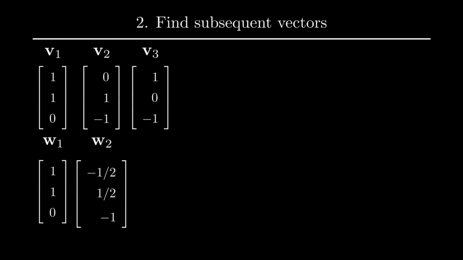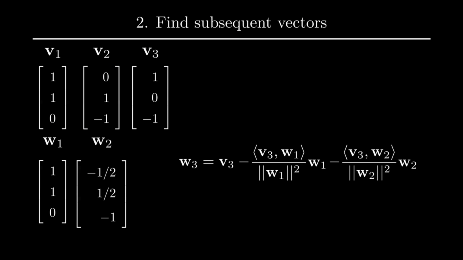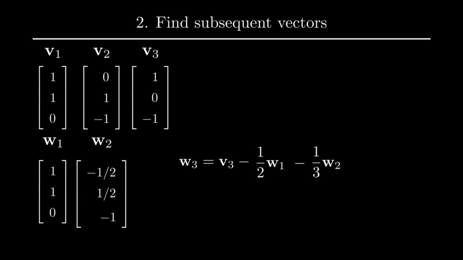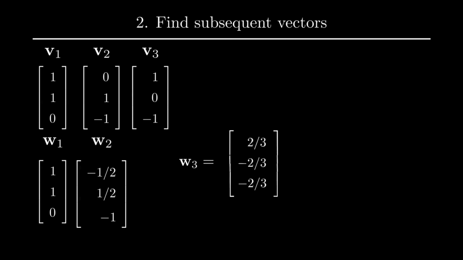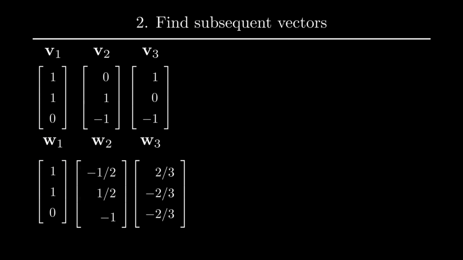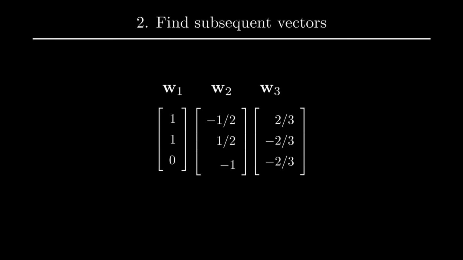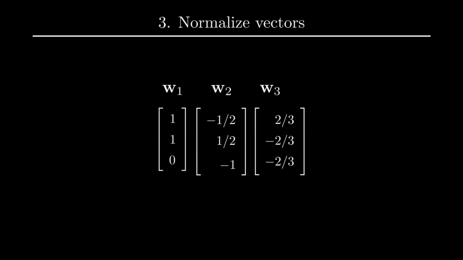Now moving on to the last vector, W3. For this one, we would need to subtract two orthogonal projections, from both W1 and W2. Applying the same formula, we get the following vector. Again, you can check that all three of these vectors are mutually orthogonal by dotting them and making sure that you get 0. Now for the last part of the Gram-Schmidt process, we will simply normalize these vectors by dividing